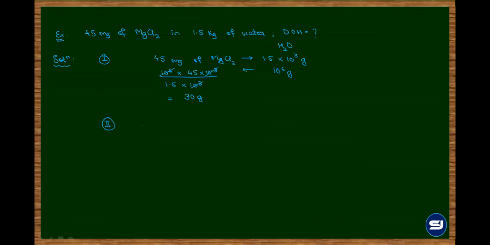अब क्या करोगे? Unitary method, mole concept से MgCl2 is equivalent to CaCO3. Compare करो. So this is 24 plus 71, 95. So 95 gram of MgCl2 corresponds to 100 gram of CaCO3. So 30 gram of MgCl2 corresponds to how much? So this itself is the answer, 30 into 100 by 95. So इस ग्राम को आप जो भी आंसर आया, this is equivalent to ppm only ना, because this much amount is present in 10 raised to 6 gram of water, which is parts per million only.